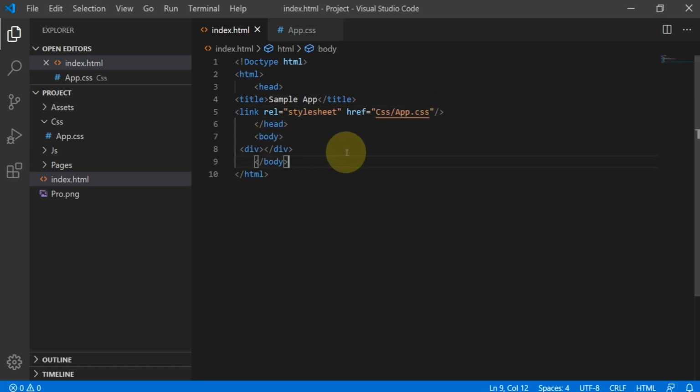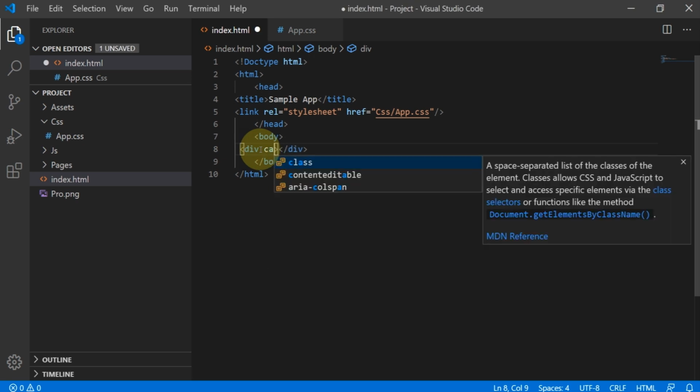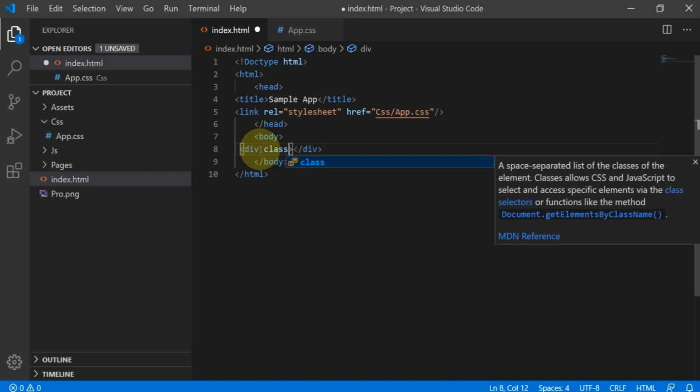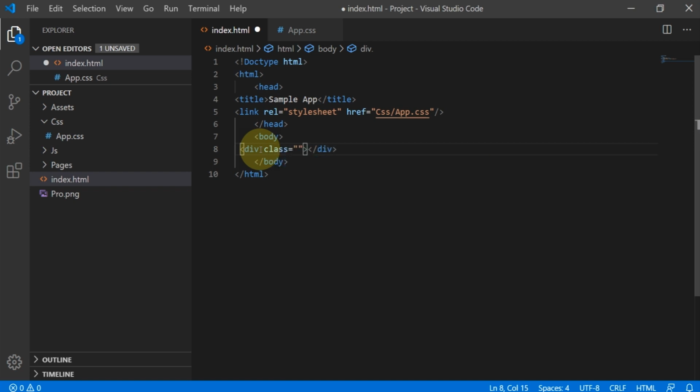For the navbar I have taken one div and I'm assigning a class name, class equal to navbar. Inside this div I'm taking one h3 element for better understanding.